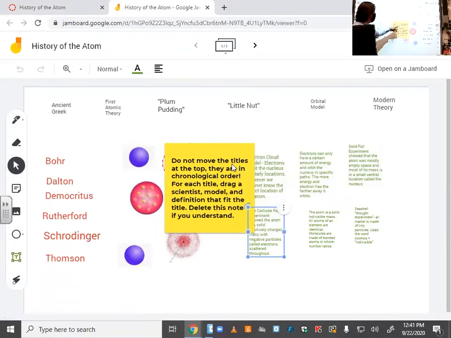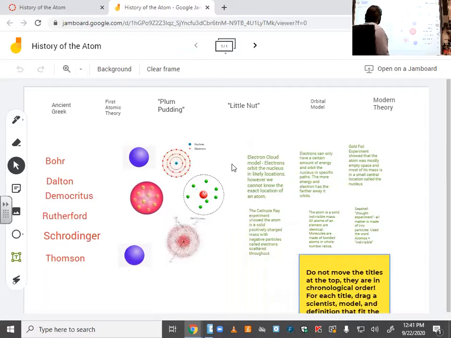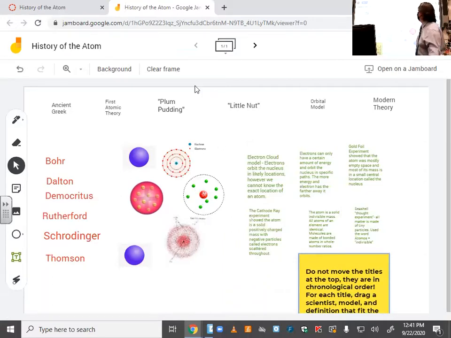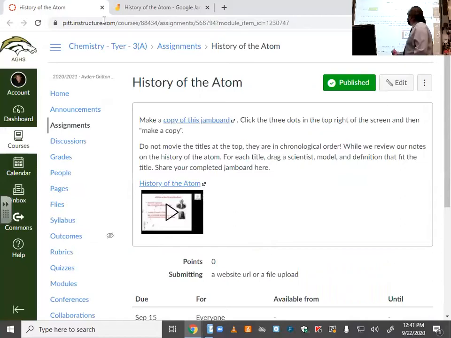And then what you're going to do, it says do not move the titles. You've got 6 titles. And all you have to do is put each of these things where they go. The easiest way to do that is to hear me talk about it. And actually during the video here, if you click on the link of the video, actually go to the Jamboard and show stuff kind of where it goes. So if you watch that video, you've got a short question that says, describe the history of the atom. Big things I'm looking for: